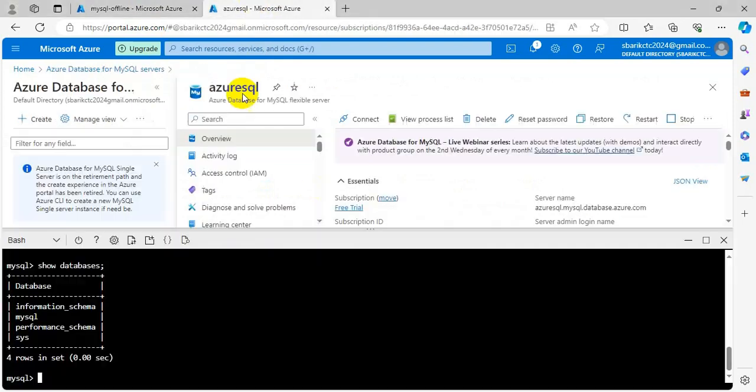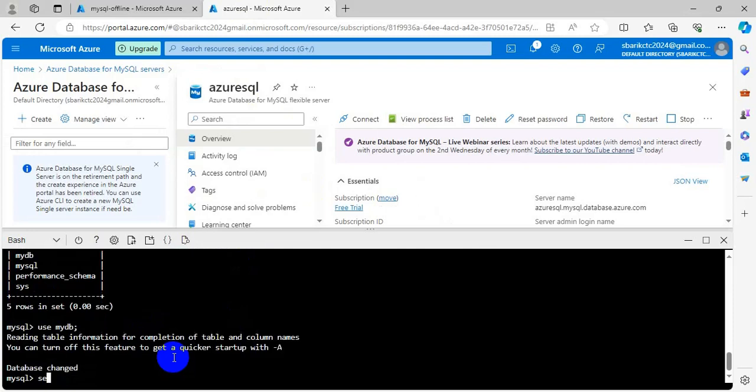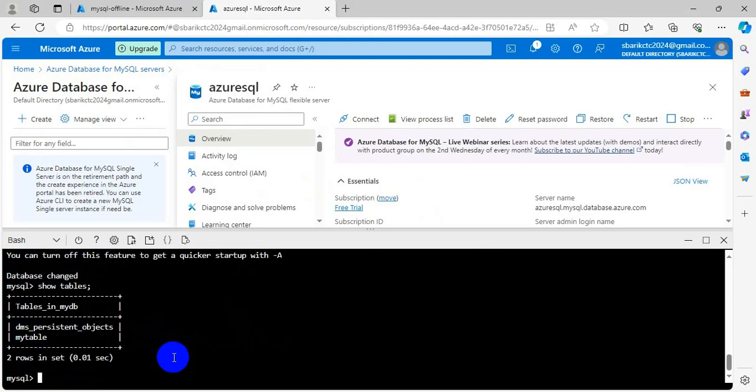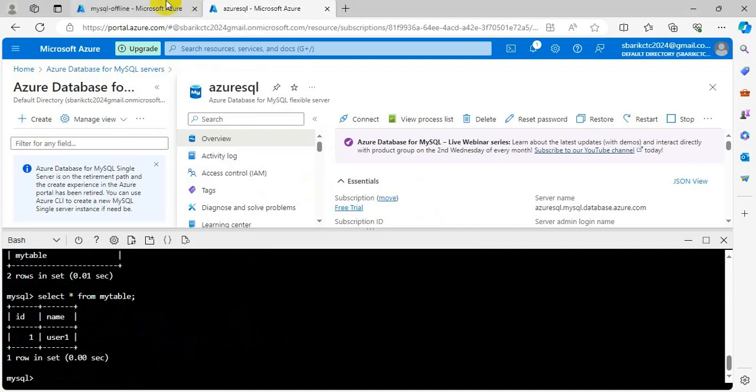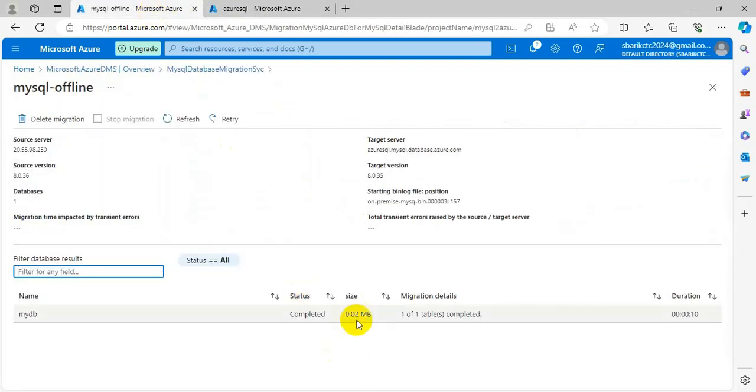Yeah, it started now. Let me verify. You can see MyDB was created automatically, because it got migrated from the source to the destination. Let me use MyDB and see whether the table is present or not. Yeah, you can see my table got migrated. The DMS persistent object is nothing, because that is part of the DMS project, the migration service. You can also see the data present inside my existing table in the source,